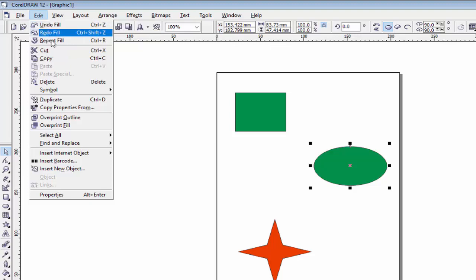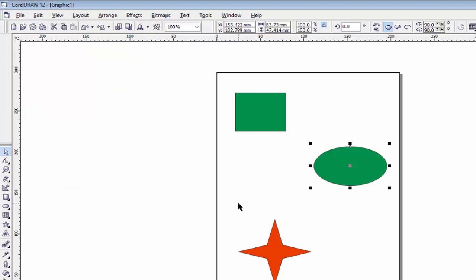And similarly, how does the repeat fill command work? See, I again fill color in this star like this. If I want to fill the same color in this ellipse, you are not required to select the color which I filled in this star.